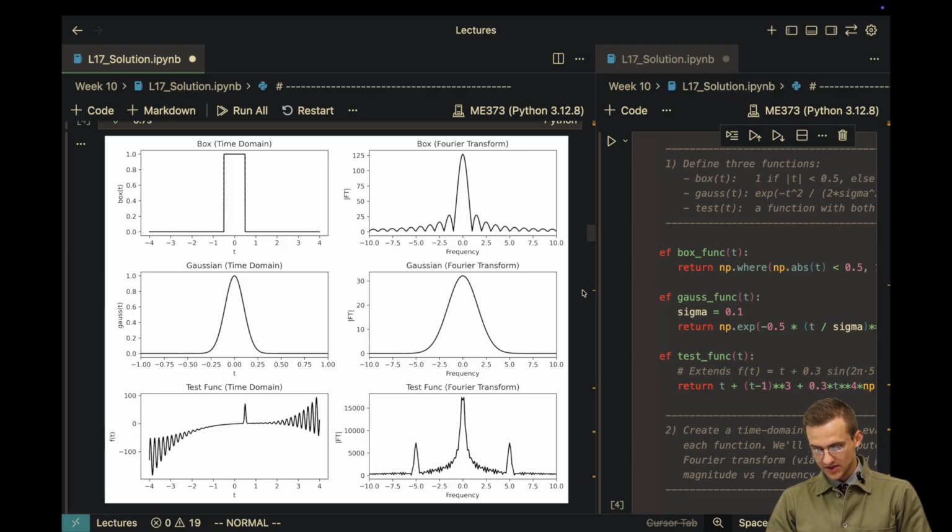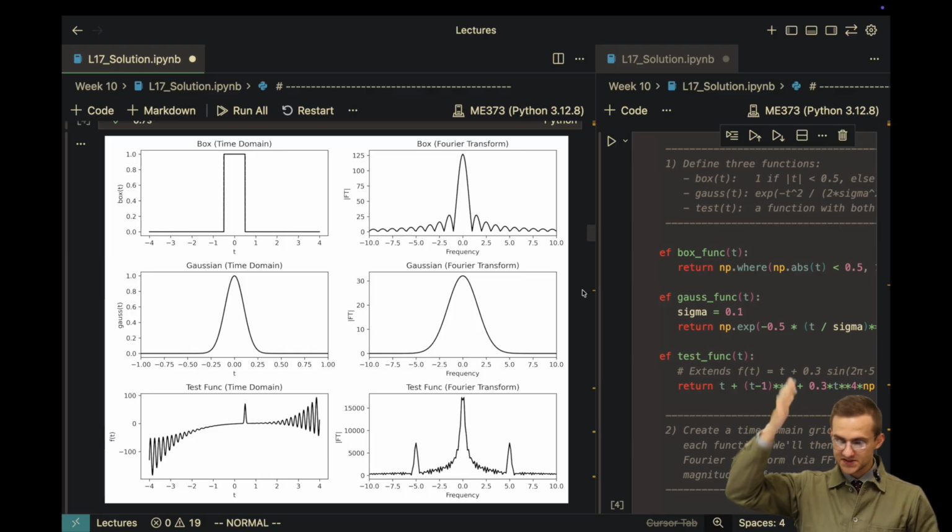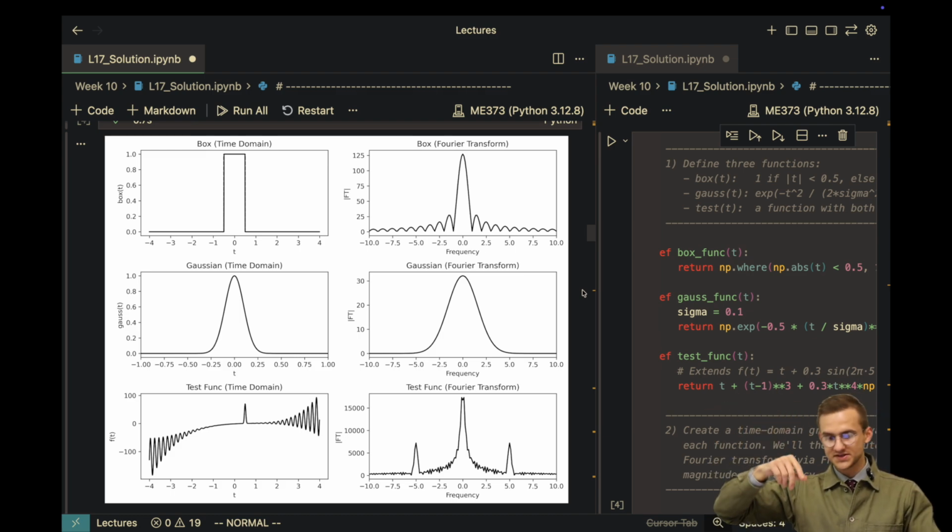Like if you have a sound wave that's mainly at 40 hertz, but then it has some small oscillation on top of that, if you take the Fourier transform of that, you're going to see 2 peaks, one at 40 hertz and one at the small oscillation. And it also gives you an idea of the amount of power that's contained in those